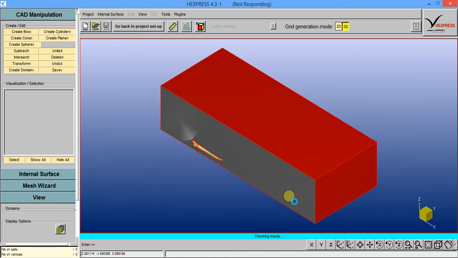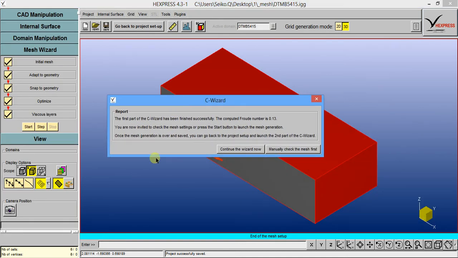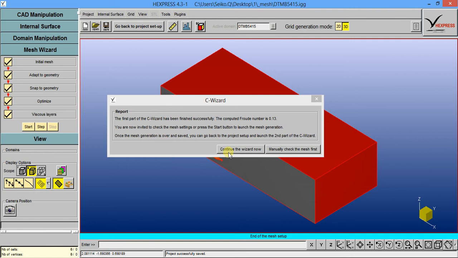And this is the .dom file, right? So you can see that the shape is located above 1.0 meter, which is the shallow water. And once done, you have the option of either continuing to use the wizard or just checking the mesh manually first. So I just ask the wizard to perform the meshing for me if I press this